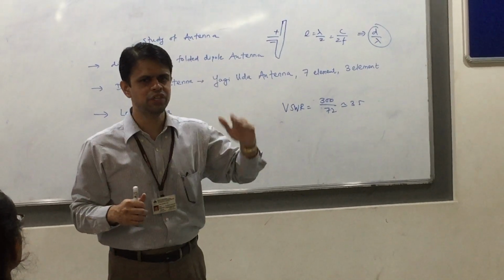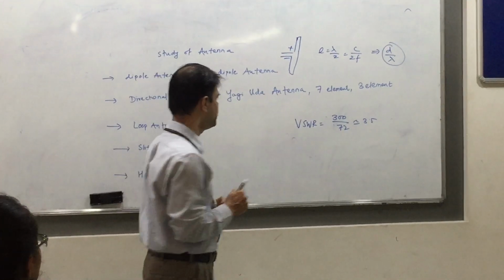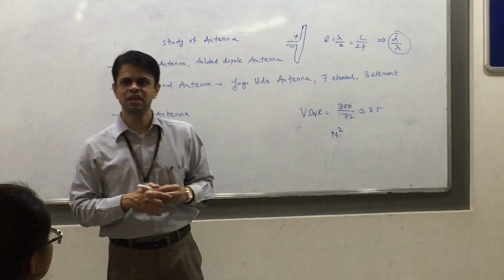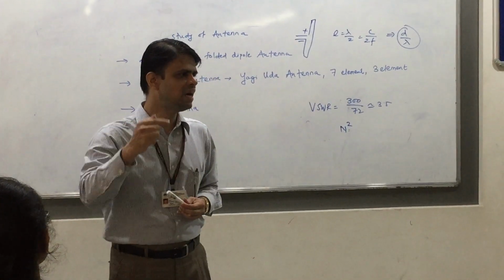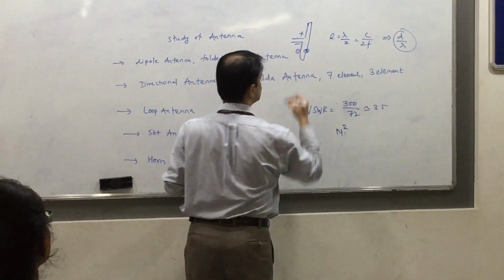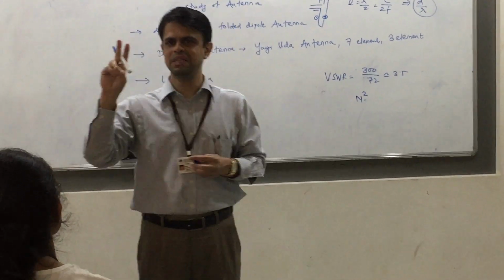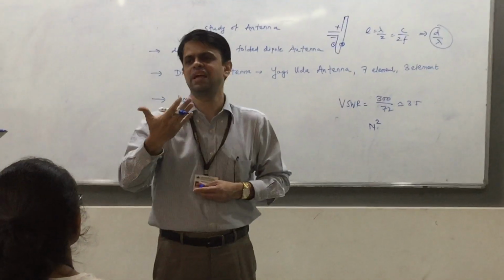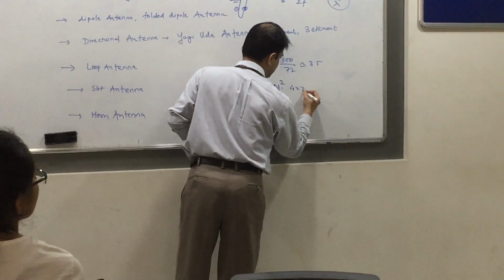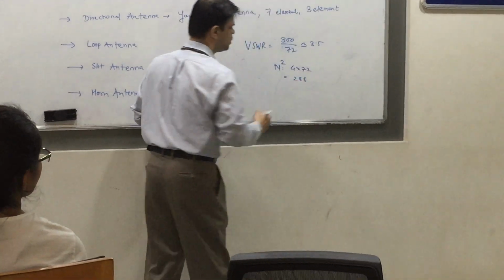To do that impedance matching, the folded dipole configuration was developed, and using that, the impedance was raised by a factor of n square, where n is the number of elements in that dipole. How many elements are there? 1 and 2. So for the folded dipole configuration here, 2 elements are there. So the impedance gets scaled by a factor of 4, which is equal to, now how much will it be? 4 into 72. How much does it come out to be?